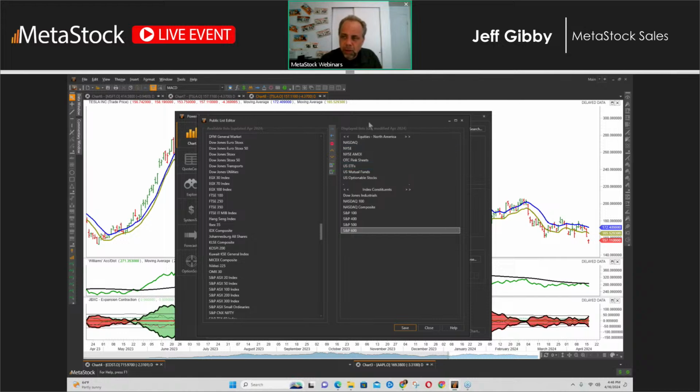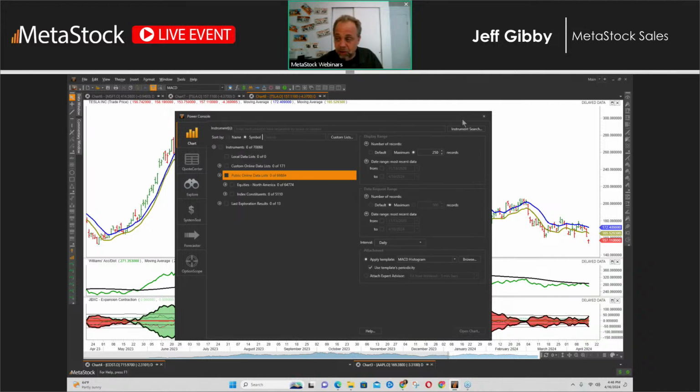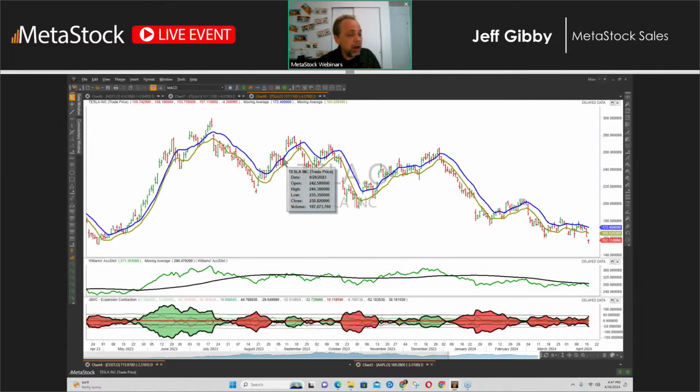And this allows you, when you're running scanning or when you're switching symbols, to more easily find the stocks that you're interested in. So I'm going to go ahead and click on Save. Okay. It's now saved successfully. I'm going to go ahead and close out of here. Now, instead of that 326,000 instruments, I've got 70,000, which is still a big number,